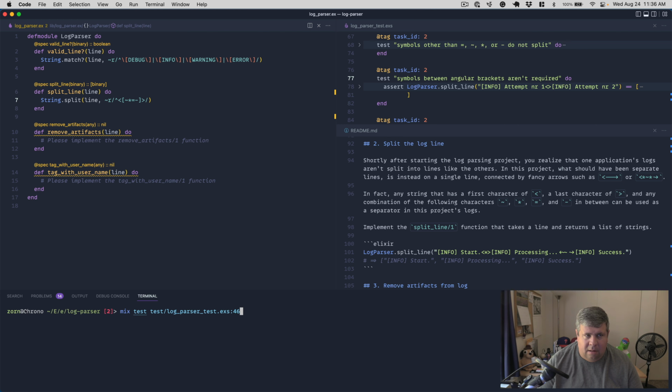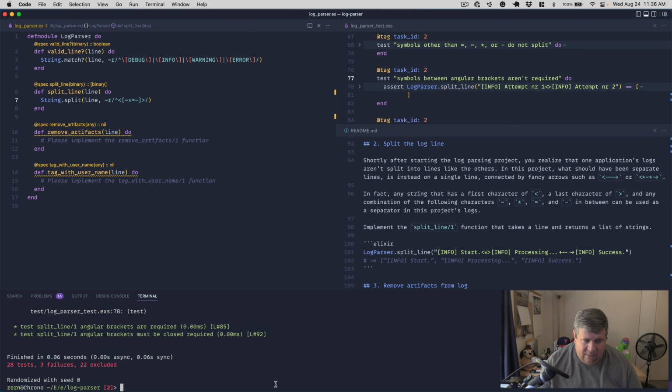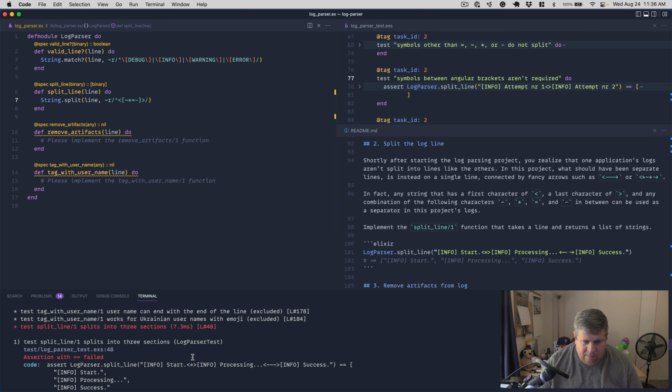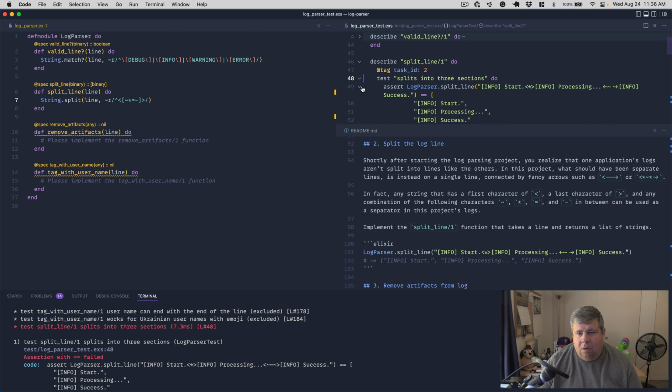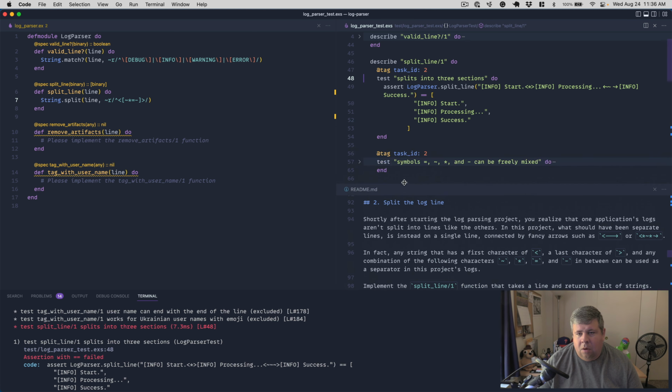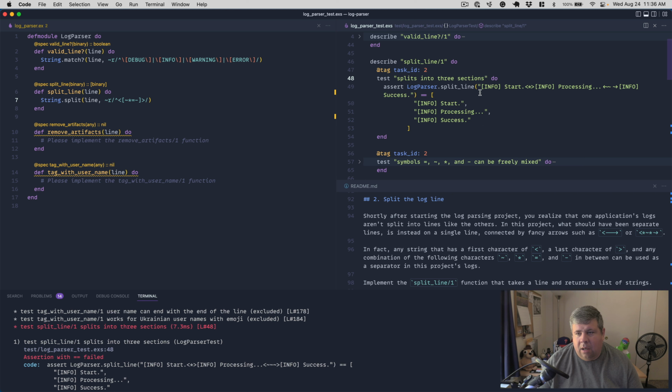Let's try this. Fails. Fails. All right, let's see. What is one that fails? Why does it fail? All right, so given info, start processing and success, it expects, oh, so given this line, the stars, the squigglies, oh, is that a space? No, what character is that? Oh, you know what? I might be,